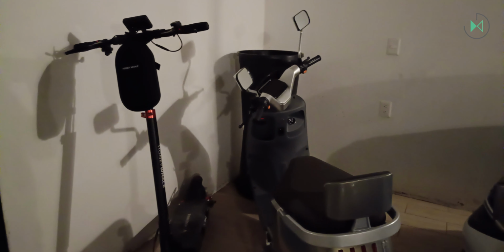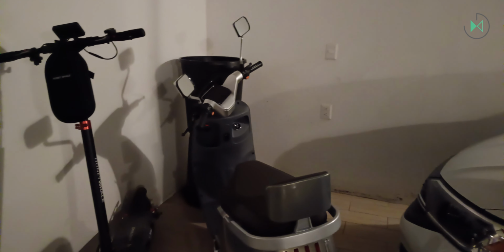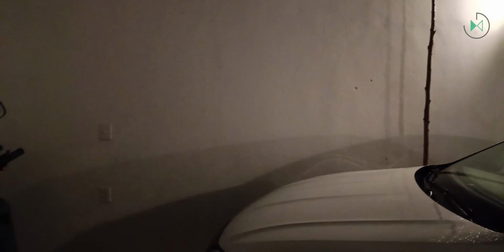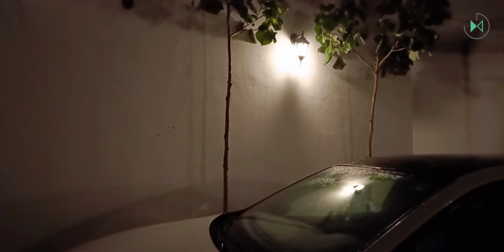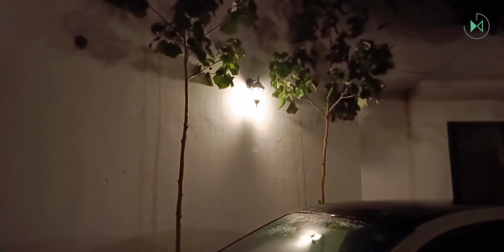And at night, as you would expect, the ultra-wide camera has a huge presence of noise, and it will not be advisable to record with this camera. The main camera handles noise better. Curiously, in the indoor scene we saw a lot of grain, but here at night it seems to me that it came to control this noise better, although it is not able to balance light and shadow well in these complex scenarios, so if there is a very intense light in the scene, it can obscure the rest of the shot. It is not so advanced for recording at night, but we could not get so demanding in this